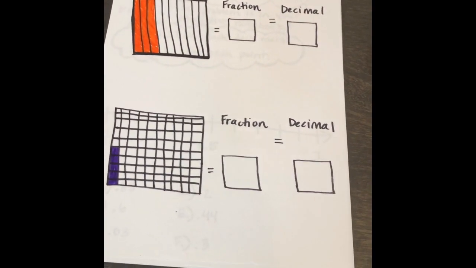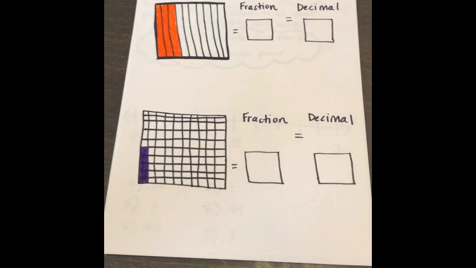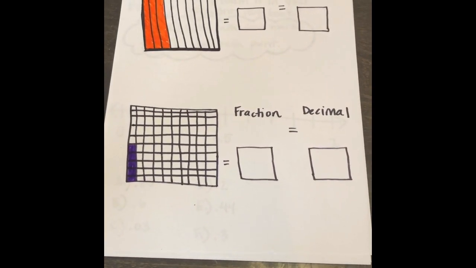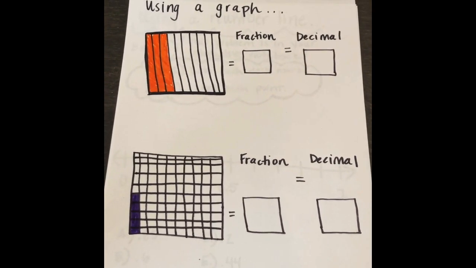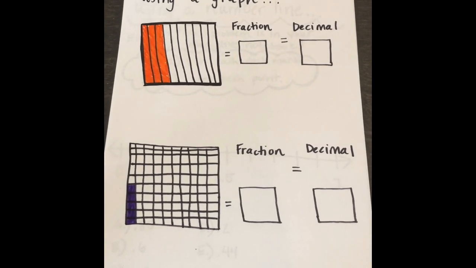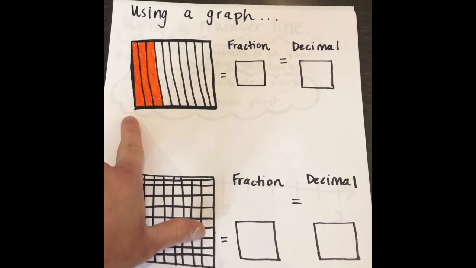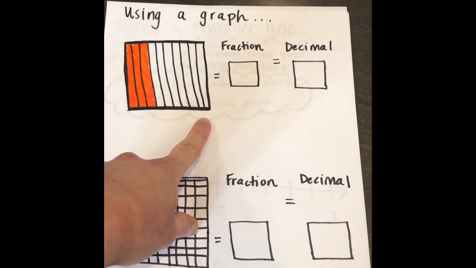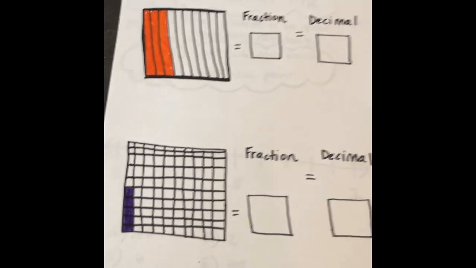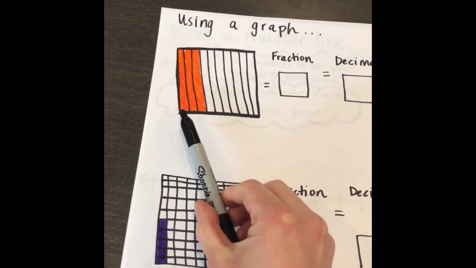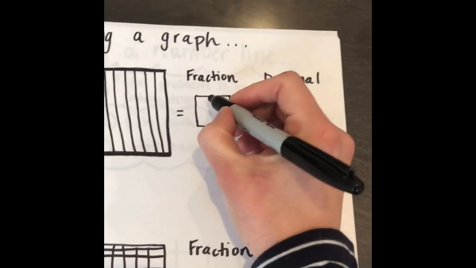Okay, so the next two slides that I'm going to show you are just visual representations of the same concepts. They are things that will come up in your activity and in various activities that you may be working on. And they're just important for you to acknowledge a few different things. In this first graph, the one that is orange, this graph is broken up into tens. Okay, so there's 10 different columns here. So if there are 10 columns and 3 are filled in, 1, 2, 3, I can determine that 3/10